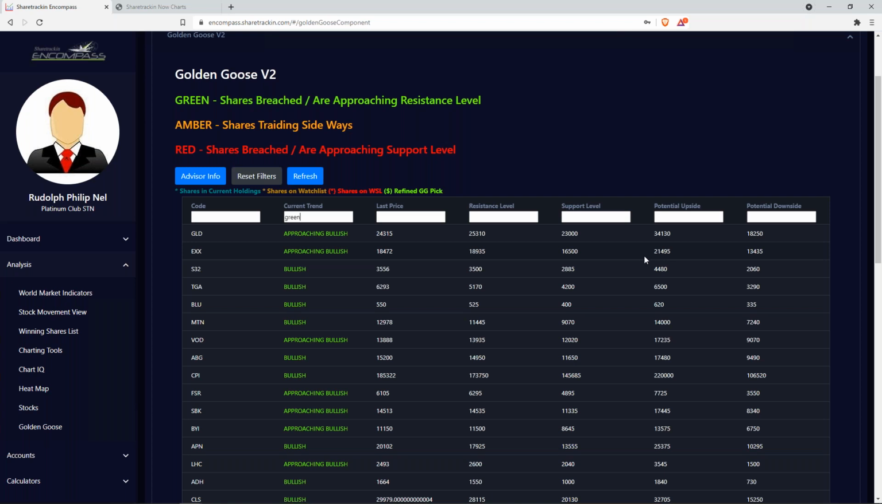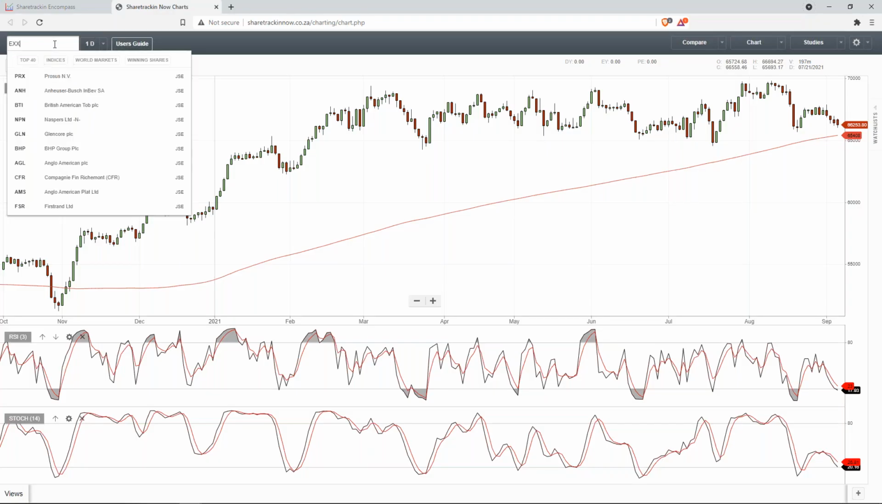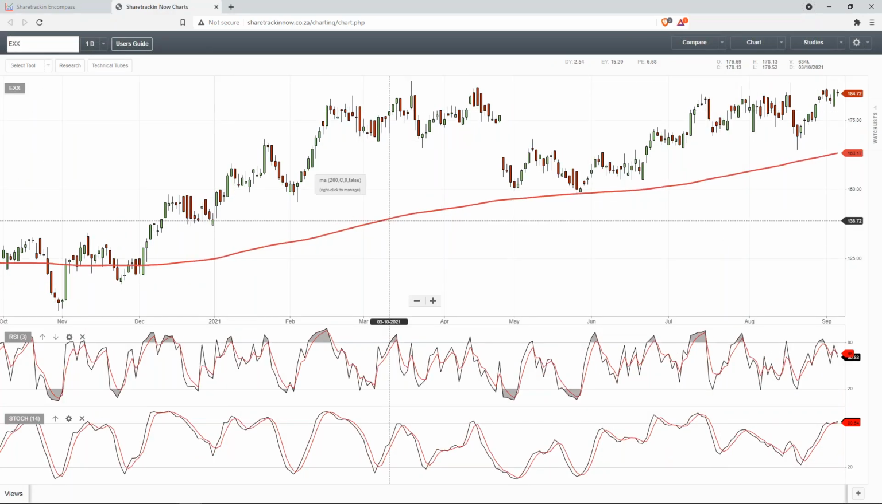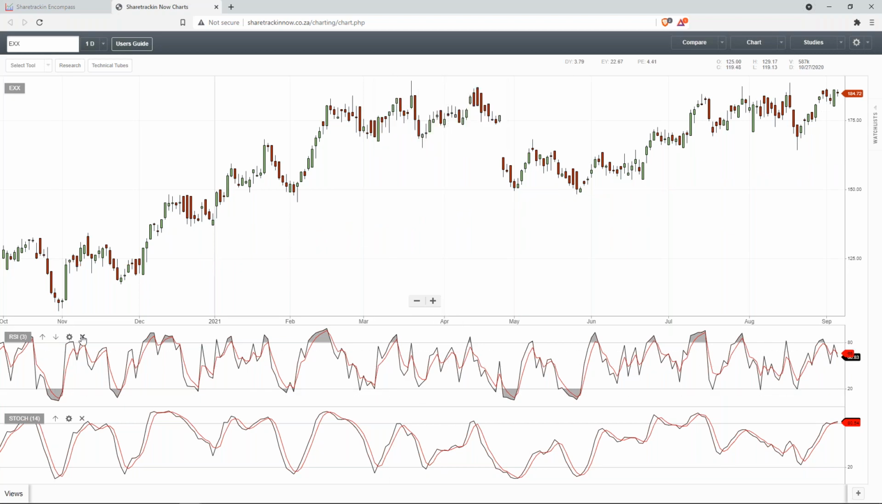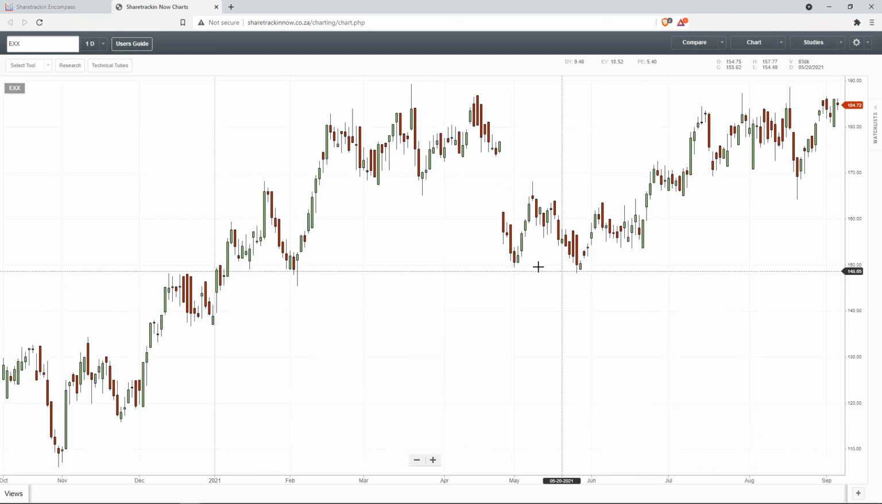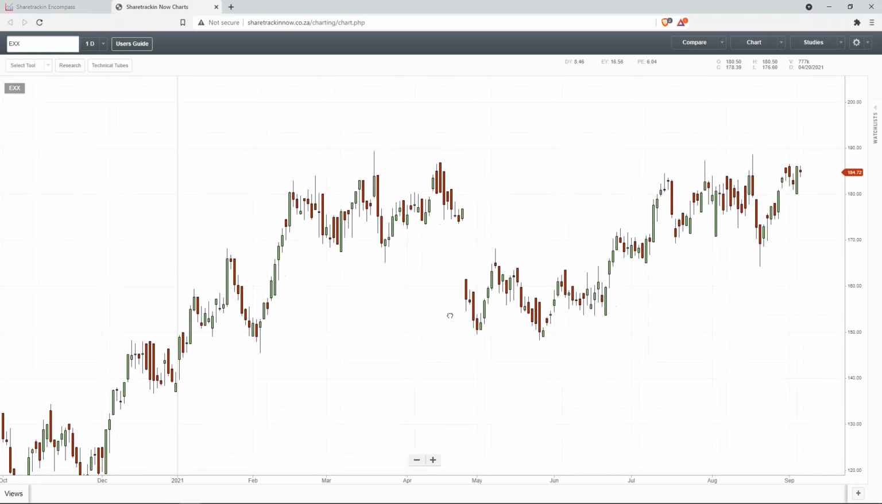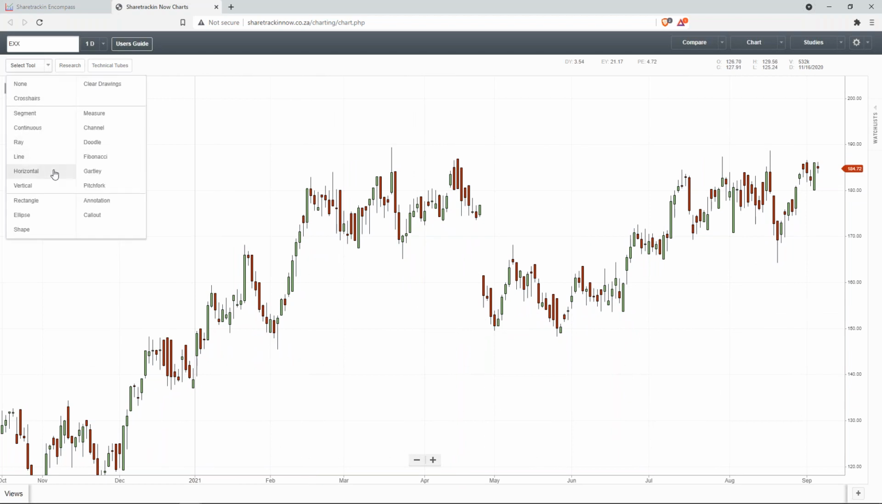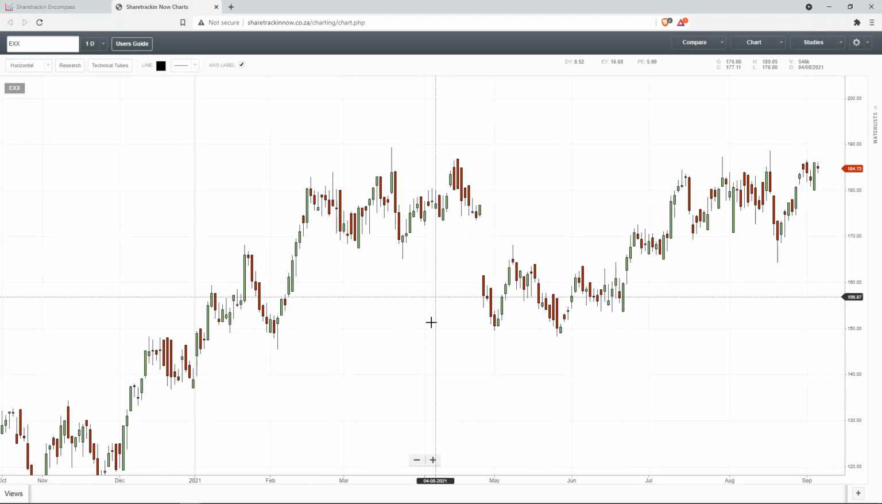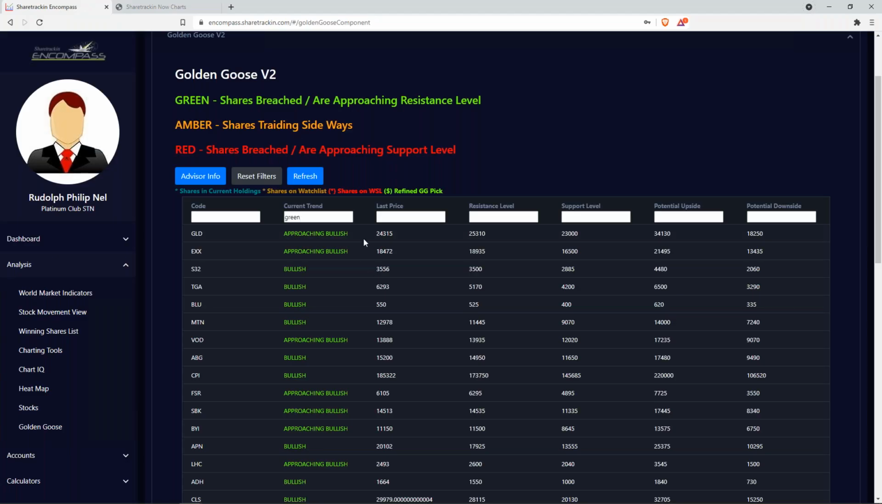So how will that go over to your charting? If we go over to our charts and we take Xaro, let's delete all the indicators. If you want to plot that on your main chart, you would use a horizontal line to plot your lines. Firstly, it tells us that our resistance level, where it needs to break through, is